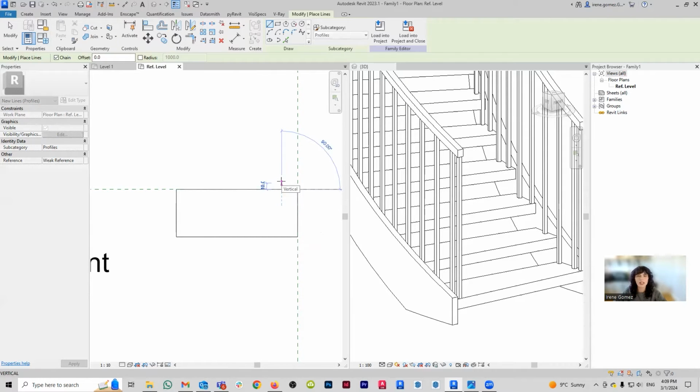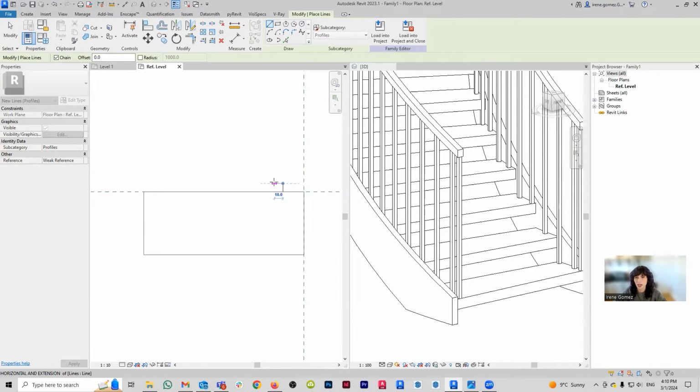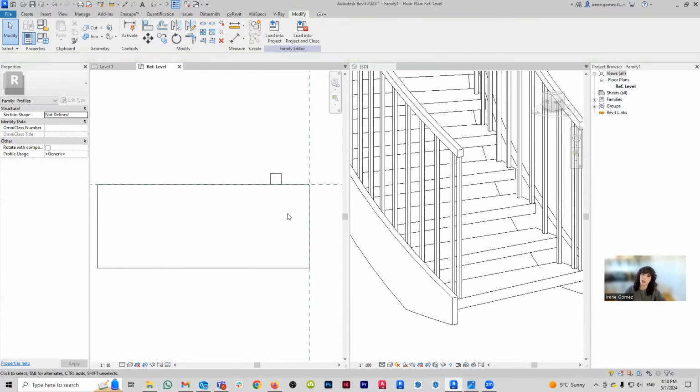Yeah. And then this guy doesn't go up a lot, because otherwise it would be in and of itself a tripping hazard. So let's make it just 10 by 10, something like that. So then I'm going to go SL to split. That's this tool over here, and it basically allows you to take one line and cut it into two. Oops, I didn't want it to create a dimension. And I'm going to use the trim tool, TR quick key, it's this guy over here, to connect those lines.